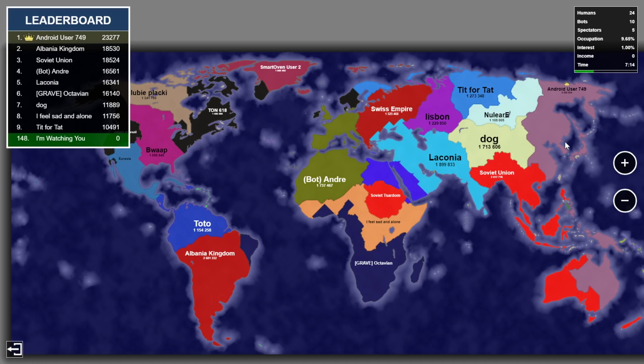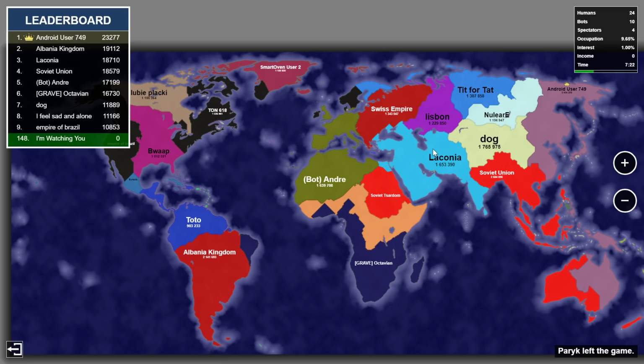That's not that much. And Soviet Union's in 3rd place. Dog's pretty big on the board land-wise. This guy's pretty big. If these 3 guys right here... Oh, this guy's got a lot of land for free. That's so good for them. That is huge. Because what's going to happen here is these guys are most likely not going to want to